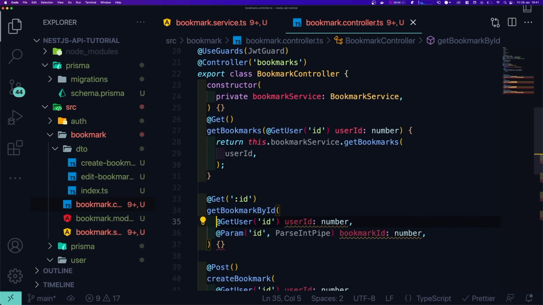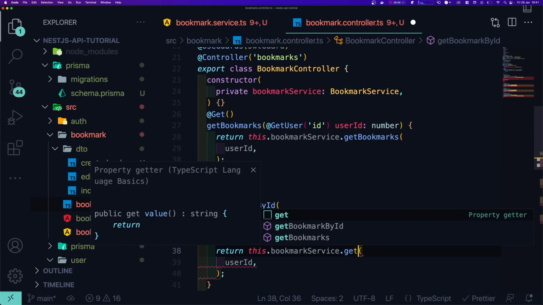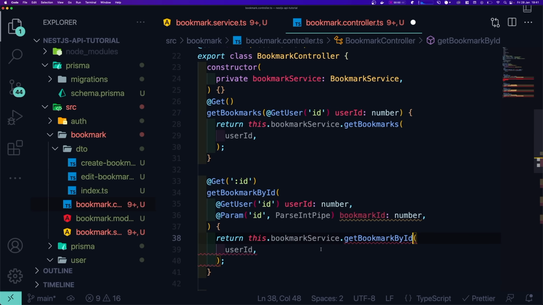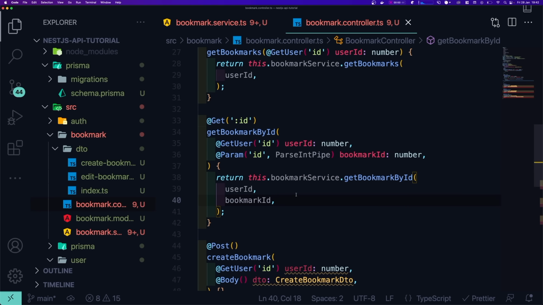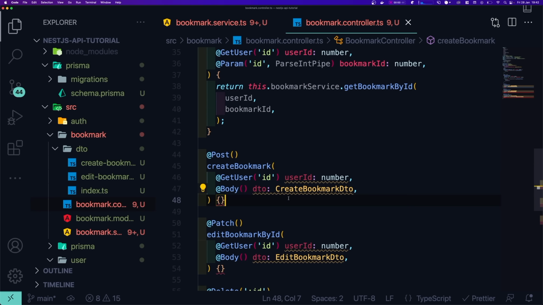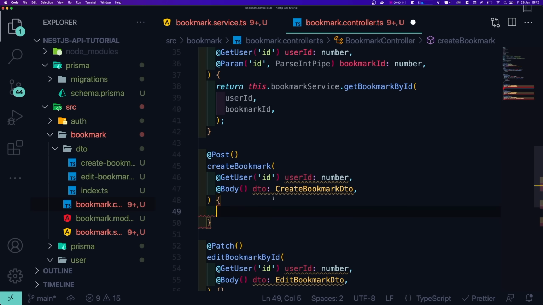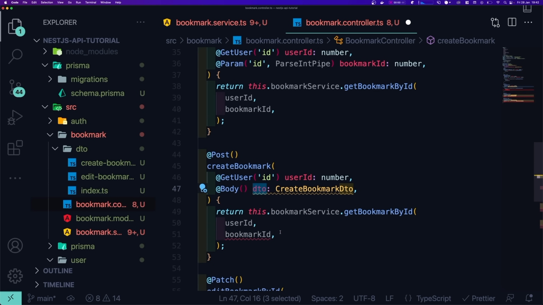We also need to do the same here, get bookmark by ID. So we just need to change it here, and you also have the bookmark ID that goes there. And for create bookmark, pretty similar, except that the second argument will be a DTO,